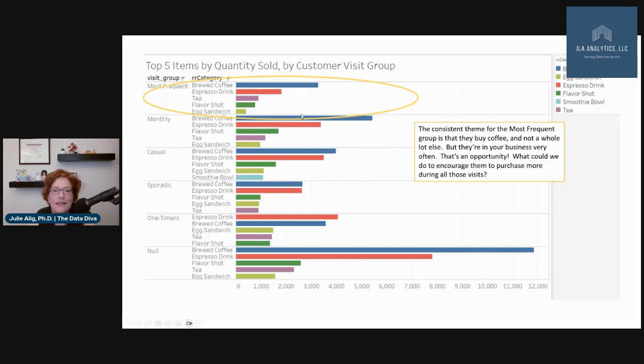However, especially look at these most frequent. It really does look like all they do is buy coffee and espresso, maybe a tea. They get a flavor shot, right? And that's it. So they're coming in for the coffee. Some of them like the flavors in it, and some of them will buy an egg sandwich. Can't blame them. Egg sandwiches are awesome. But